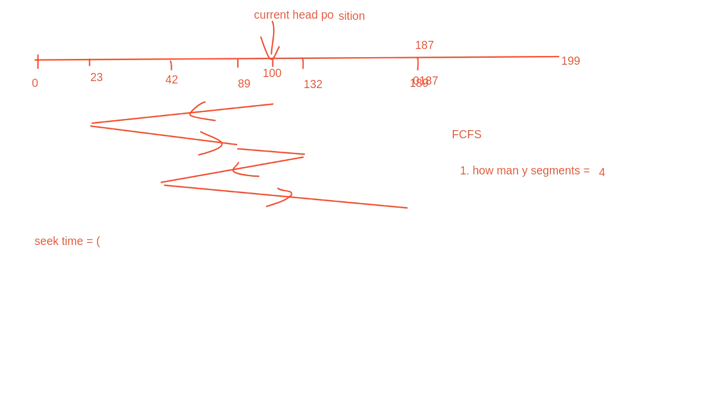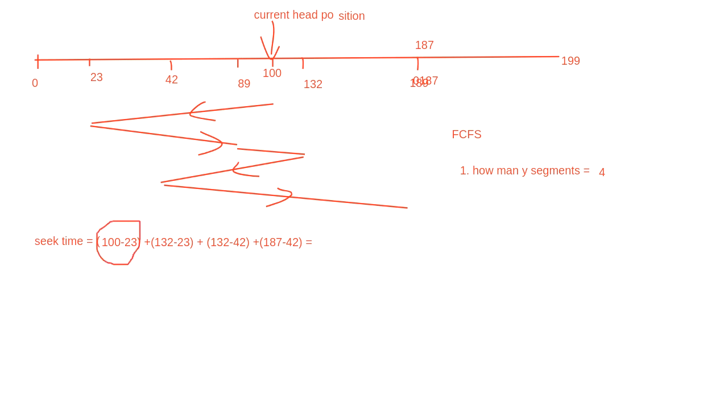Then next from 42 it is going to 187. So what you have to do is subtract 187 minus 42. Let me explain how I have written this. Now look here. Initially our head position is at 100. So our read write head is moving from 100 to 23. How much has it traveled from 100 to 23? You just subtract 100 minus 23. That's what we have done here.